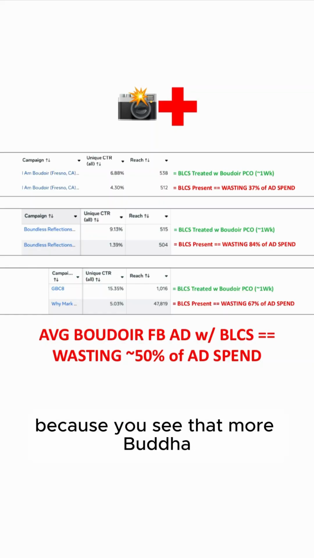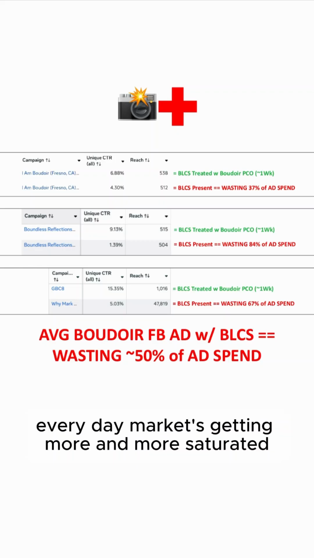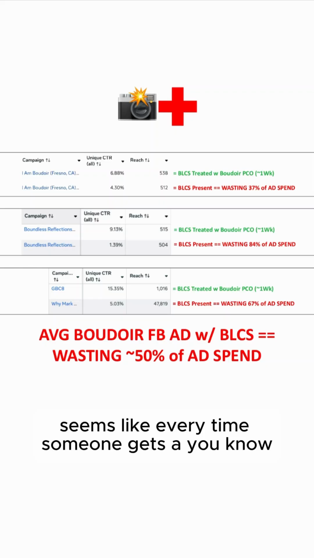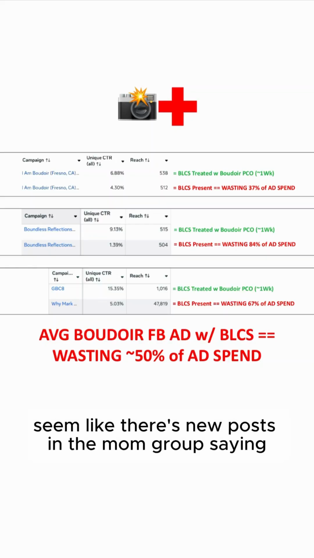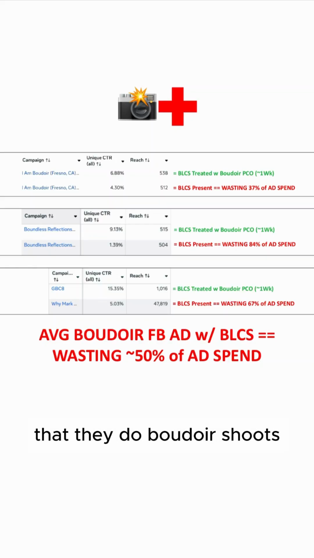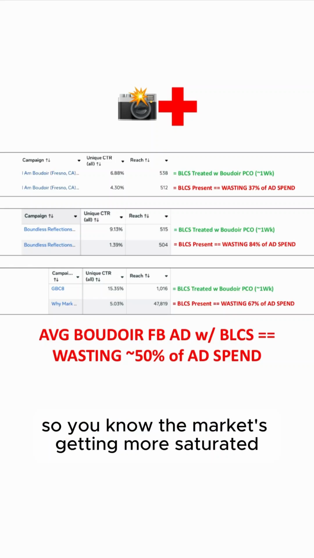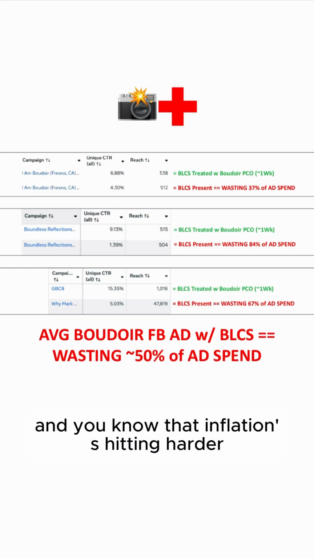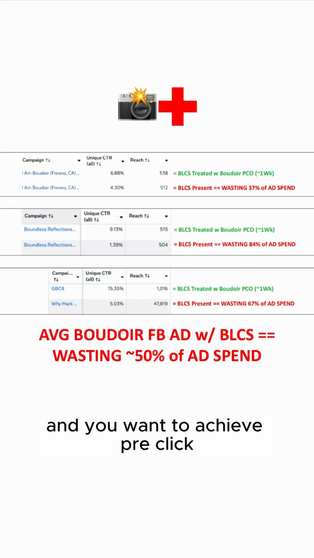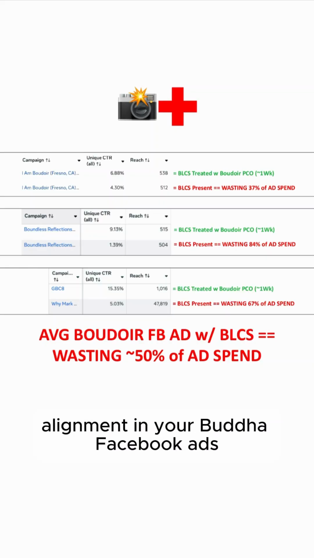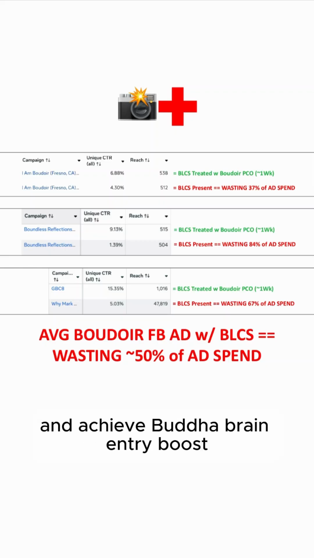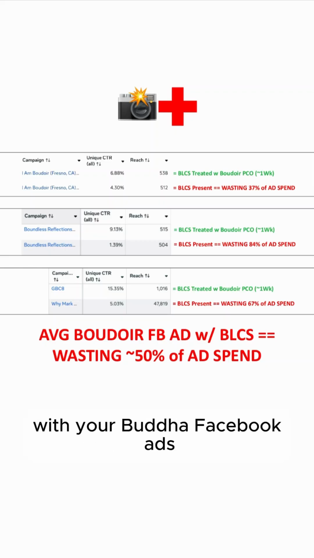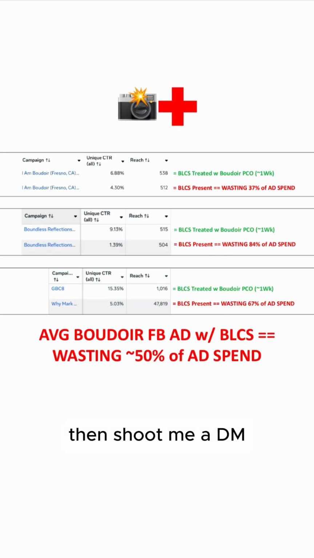Because you see more boudoir photographers entering the market every day. The market's getting more and more saturated. Seems like every time someone gets a new iPhone, there's a new Google My Business profile going up saying they do boudoir shoots. Whenever anyone gets a new camera, seems like there's new posts in the mom group saying that they do boudoir shoots. So the market's getting more saturated, and that inflation's hitting harder, and you want to achieve pre-click alignment in your boudoir Facebook ad so you can become a dominant boudoir advertiser and achieve boudoir brain entry boost with your boudoir Facebook ads, then shoot me a DM